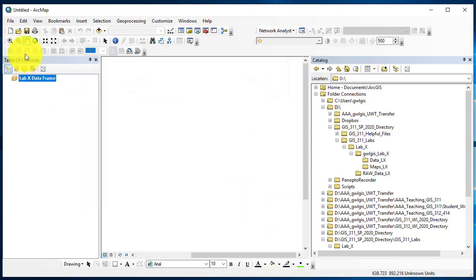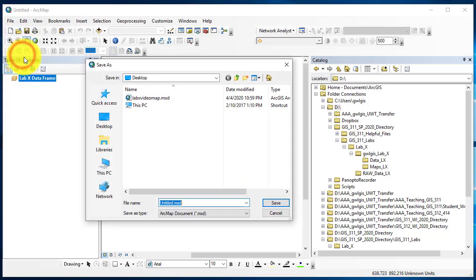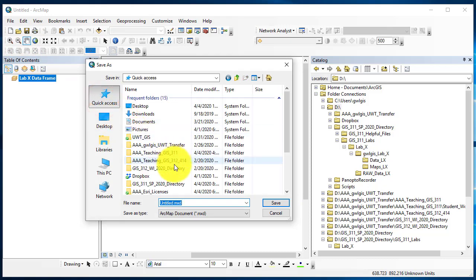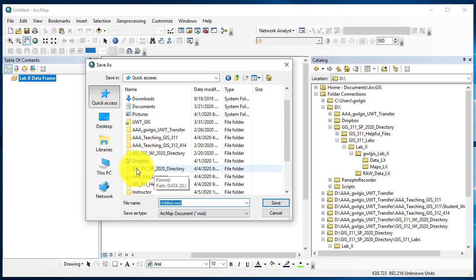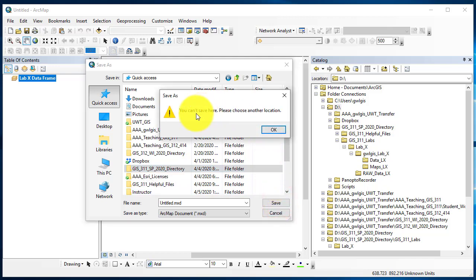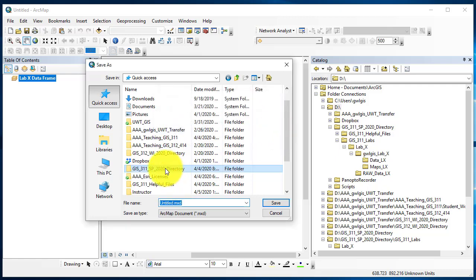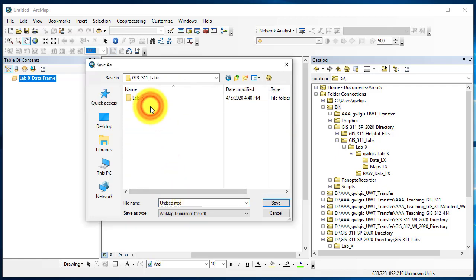I can cancel, File, Save As, Quick Access again, and I should be able to find my Spring 2020 directory, which makes this a lot easier to save now. I only have a few in my quick access. So I'll double click or single click on my Spring directory. If I click open, it says you can't save here. Please choose another location, which means you double click, and now I can go into my labs, my LabX, my